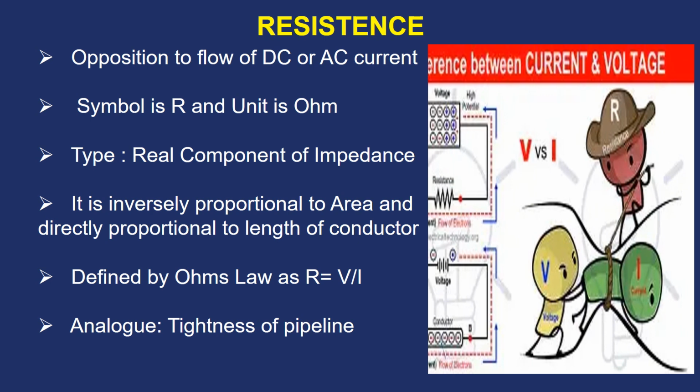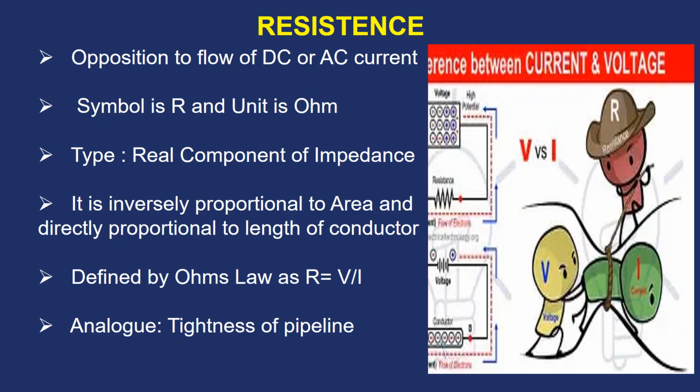So if we talk about the dependence, resistance is inversely proportional to the area. If there is more area, then there will be less resistance and current will flow more easily. And it is directly proportional to the length of a conductor. So if the length of the conductor is large, then resistance will be more and the current flow will be slow. It is defined by Ohm's law. It is the ratio between the voltage and the current, and it is